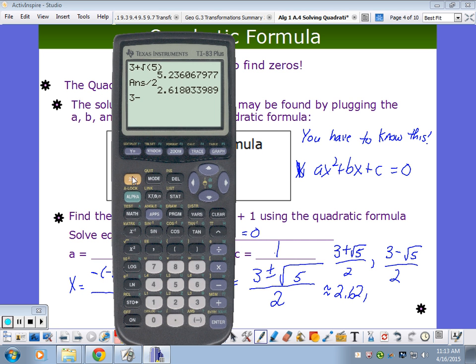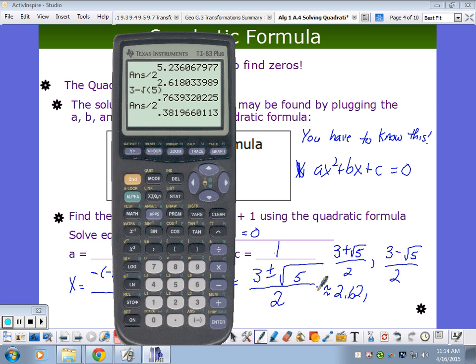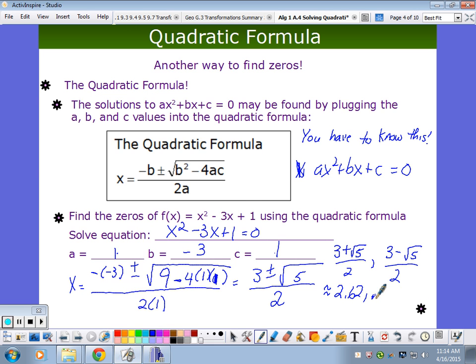3 minus the square root of 5. Press enter. If you don't press enter, you're getting the wrong answer. Divide by 2. Yep, 0.38-ish, to the nearest hundredth. These are the zeros. Now if you were to graph this,